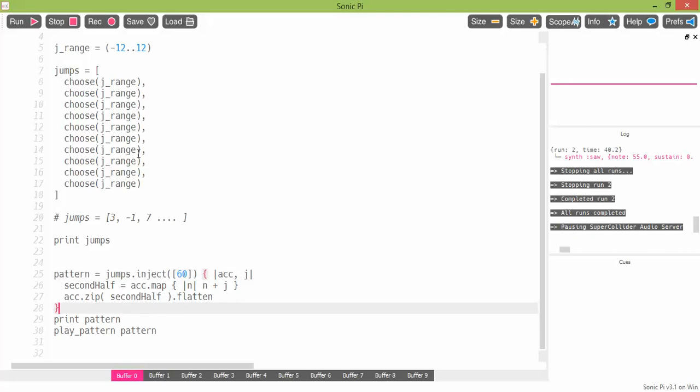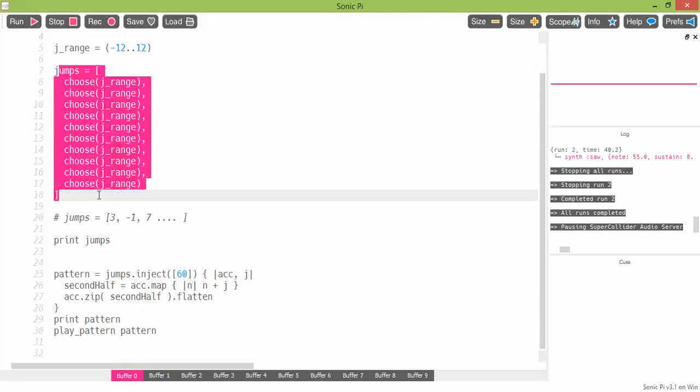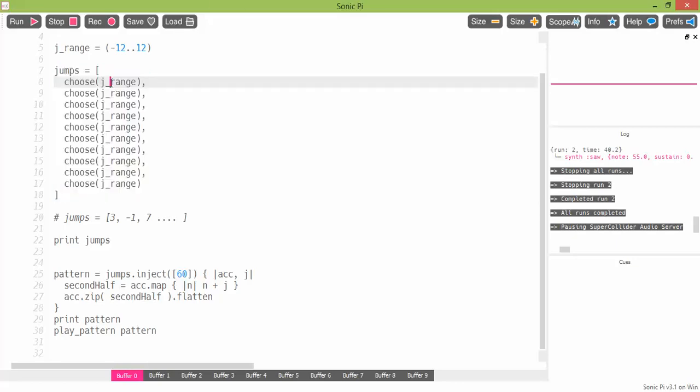So what inject does is it takes this list and builds something new by repeatedly doing an operation on each of these. Got it. And each time you take the thing that you had before as the input to produce the new thing. Okay. A simple example of the inject function would be you can use it to sum up all the numbers